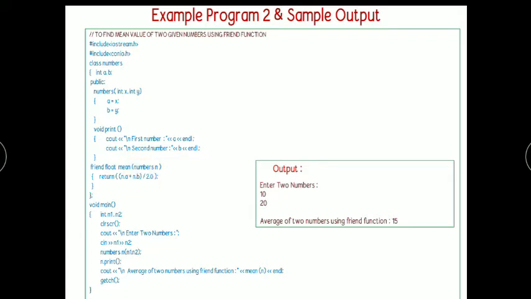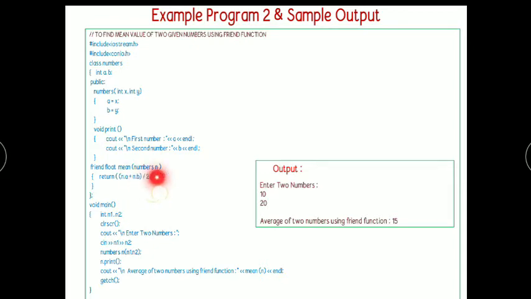Here it is going to use this class object, Numbers, and the object name is n. So here n.a plus n.b, where n is the object of the Numbers class. a is the first private member and b is the second private member.